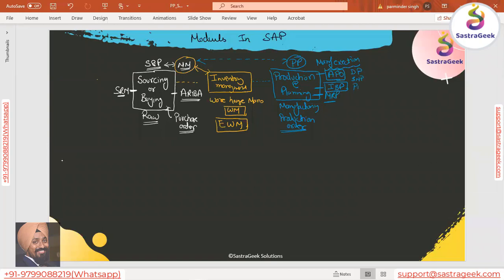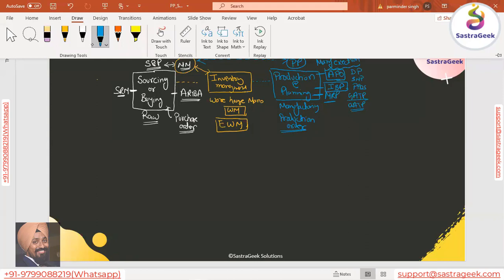Then you can have PPDS, production planning and detailed scheduling. And you can have AATP, available to promise, or it is called GATP or AATP. Those kinds of other sub-modules would be there, which would be enhancing your capabilities of production planning or manufacturing. So once the manufacturing has been done, between the sourcing procurement, inventory management, or after the production, more supportive modules will come into the picture.